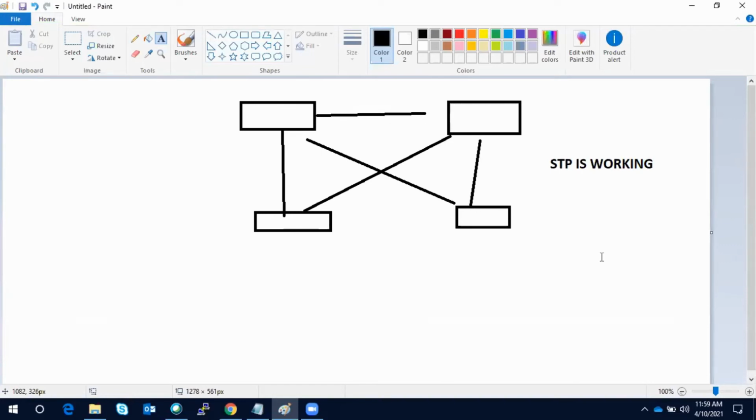If you have a redundant layer 2 link, if you have redundancy in switching, STP will block one port and make one port forwarding to avoid the loop. So maybe this is forwarding and this is blocking. This is forwarding and this is blocking.